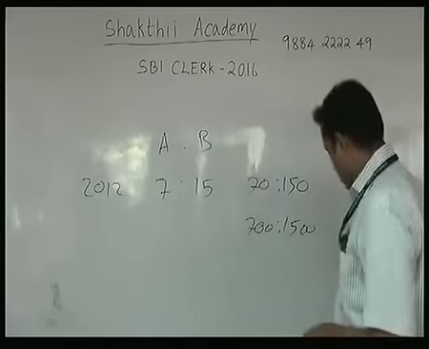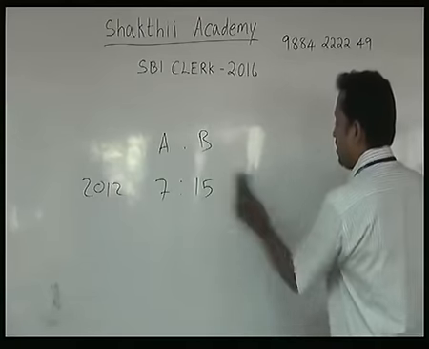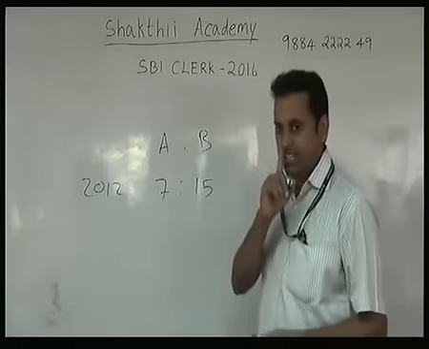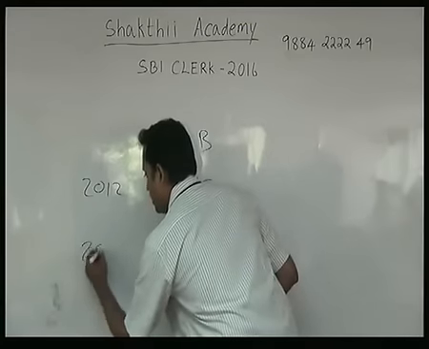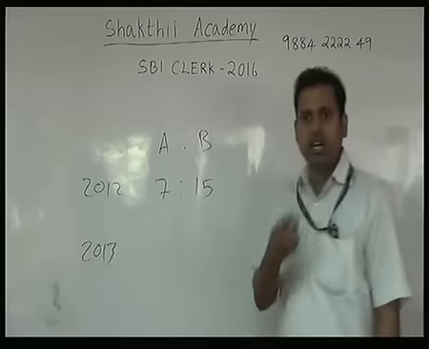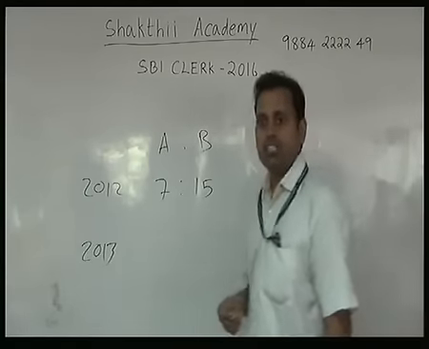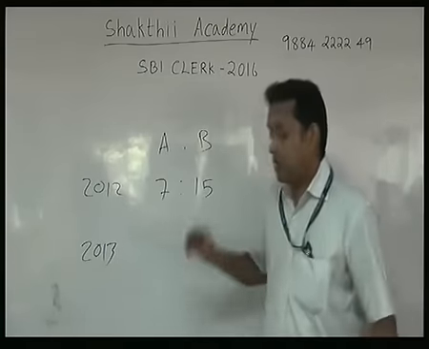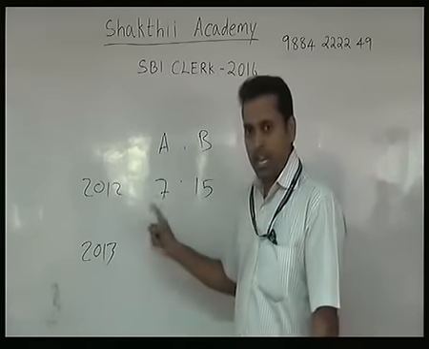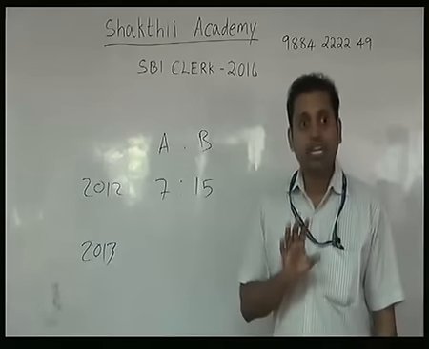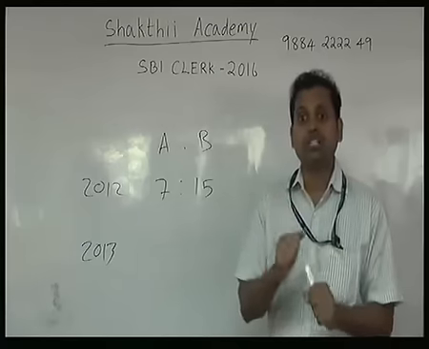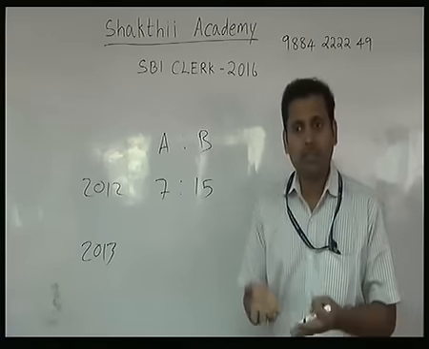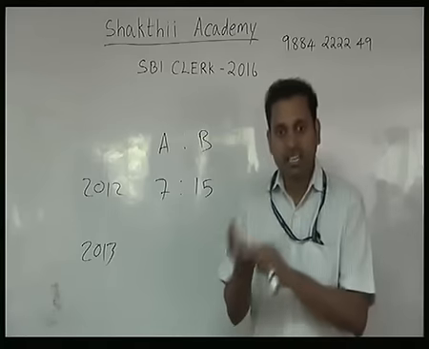Now, coming to the question, it is given very clearly: the number of students in Institute A increases by 25%. In 2013, what is the new students ratio? That is the question. Now you need to understand: in Institute A, the students are increasing by 25%. After the increase, how many students are there? 125%, or not? After the increase, that is the student number.